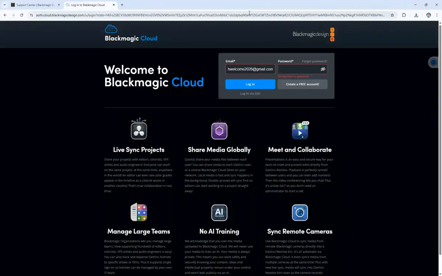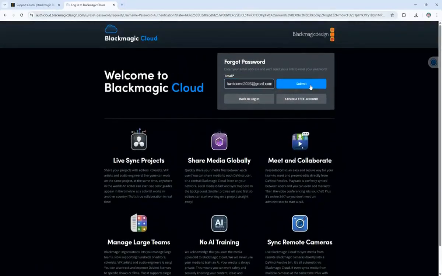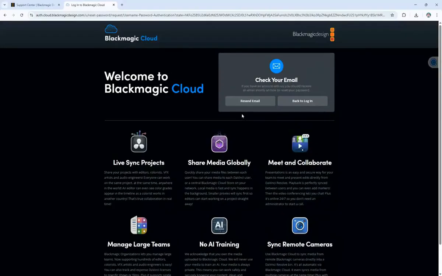If you can't find it there, check your email inbox, especially the one associated with your Blackmagic account. Often, the activation key is sent to your email when you first purchase or register the product. If all else fails, you can reach out to Blackmagic Design Support for assistance, as they can help retrieve your